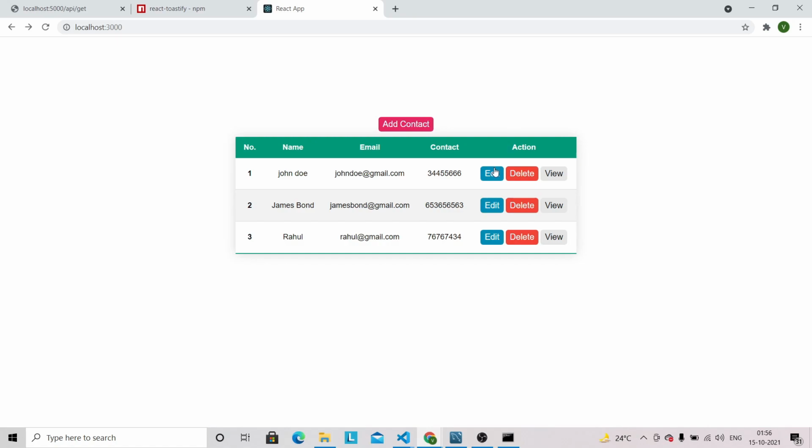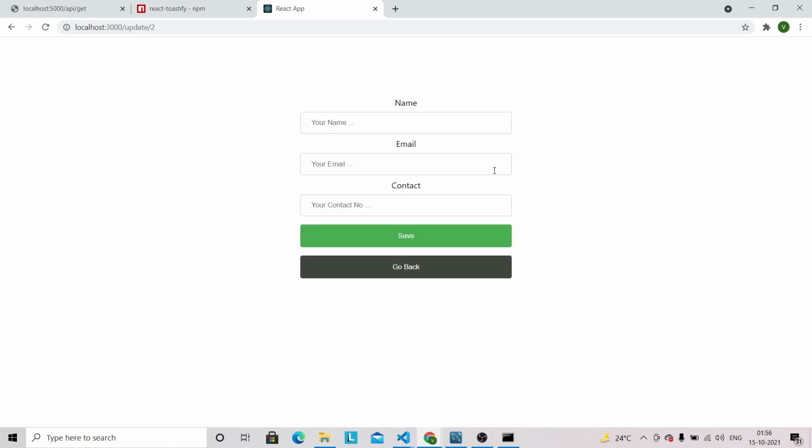So now let's click on the edit button, and now we have to create two routes here. So the first route basically will return the contact detail for that particular contact based on the ID. Then we have to create another route which will update the existing contact. So we have to basically create the two routes in order to update the existing contact.